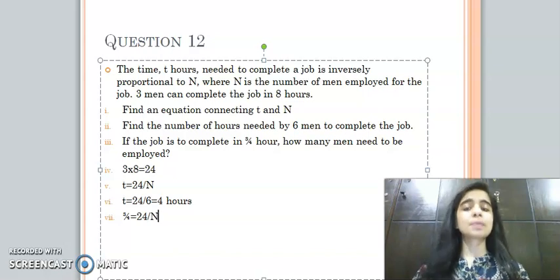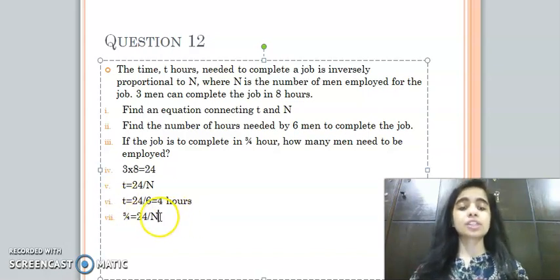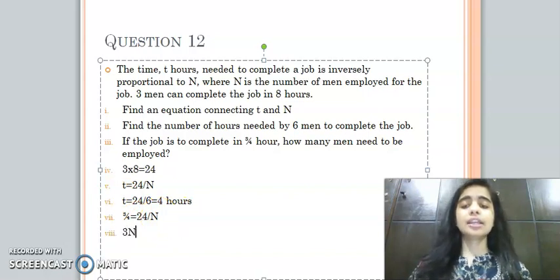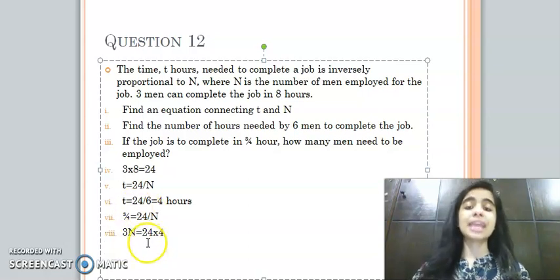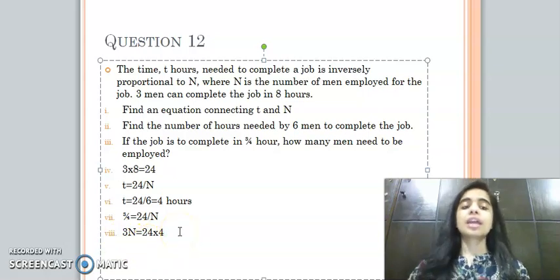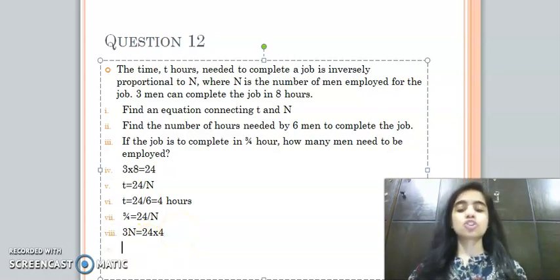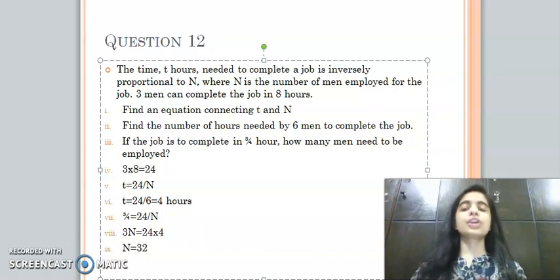So we will cross multiply. So this will be 3n is equal to 24 multiplied by 4. And this 3 will go over there. So 24 divided by 3 will be 8. 8 fours are 32. So the number of men I need to employ will be 32. And hence we have also completed